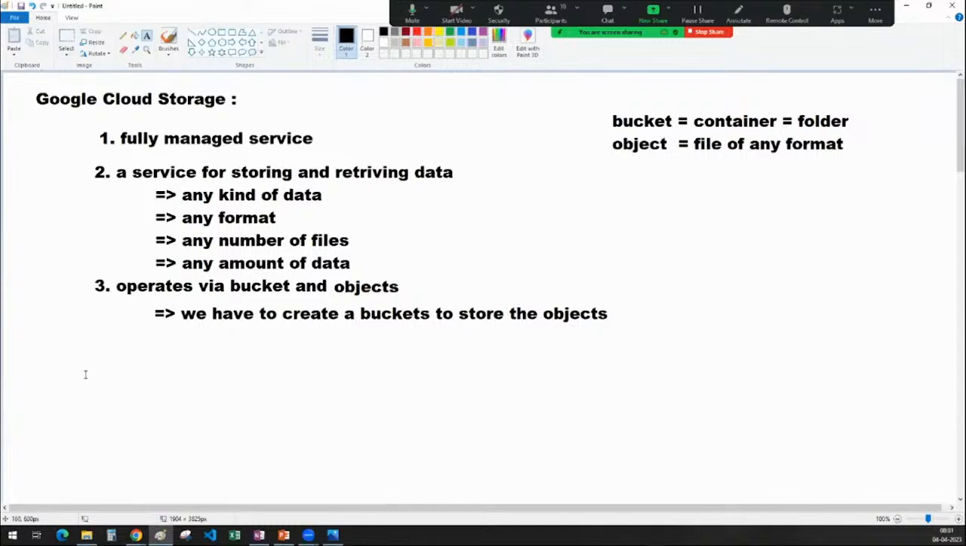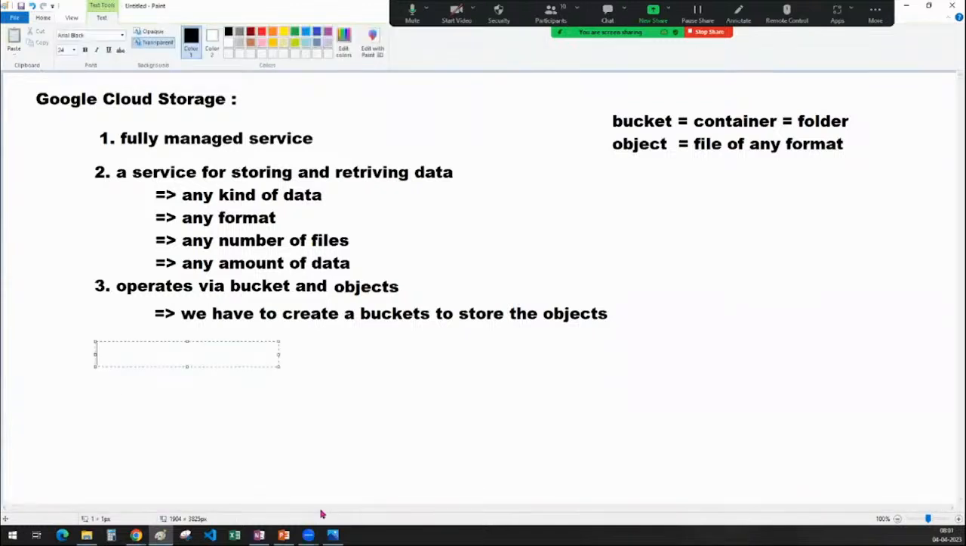So far everything seems good. The fourth point I want you to understand is that Google Cloud Storage allows worldwide storage and retrieval. What does that mean, sir? One more basic concept is coming. You have to understand there is a concept of